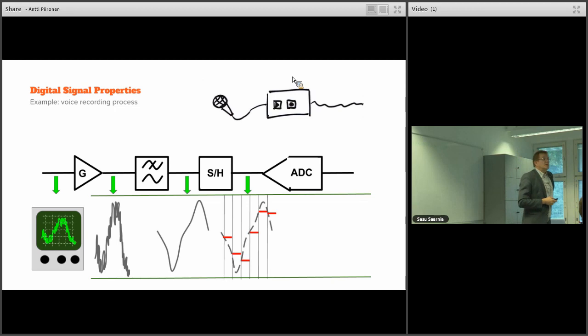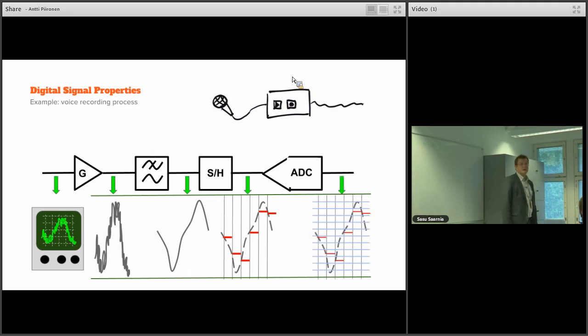That's interesting. Actually, when you sample the signal, sampling is done right there. Sample and hold. A sample and hold circuit takes a sample of that signal at a certain time and keeps it constant, so that the analog to digital converter has some time to do the conversion. However, the sampling in time is done right here, in this circuit. What the analog to digital converter actually does after that